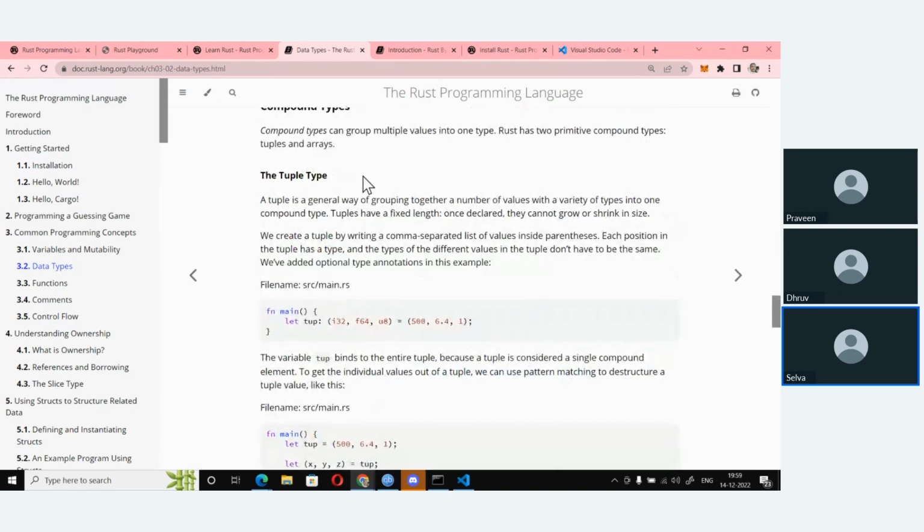Now coming to the compound types. Essentially, compound types are nothing but a collection of values. Scalar types contain only one single value at a time. Compound types can store multiple values at a time.